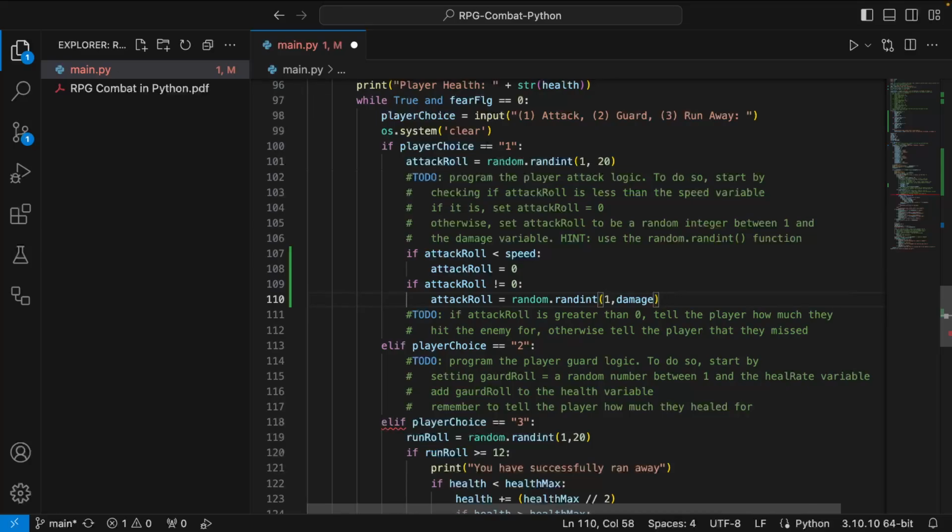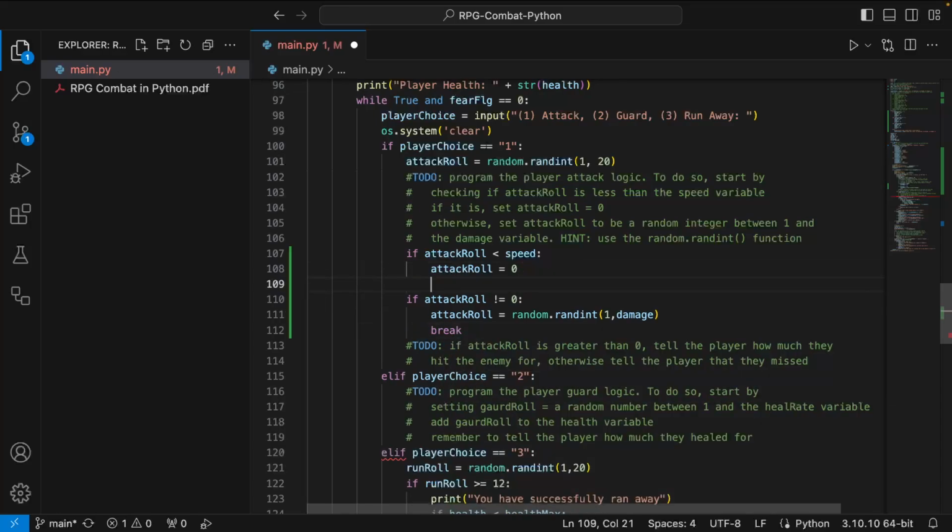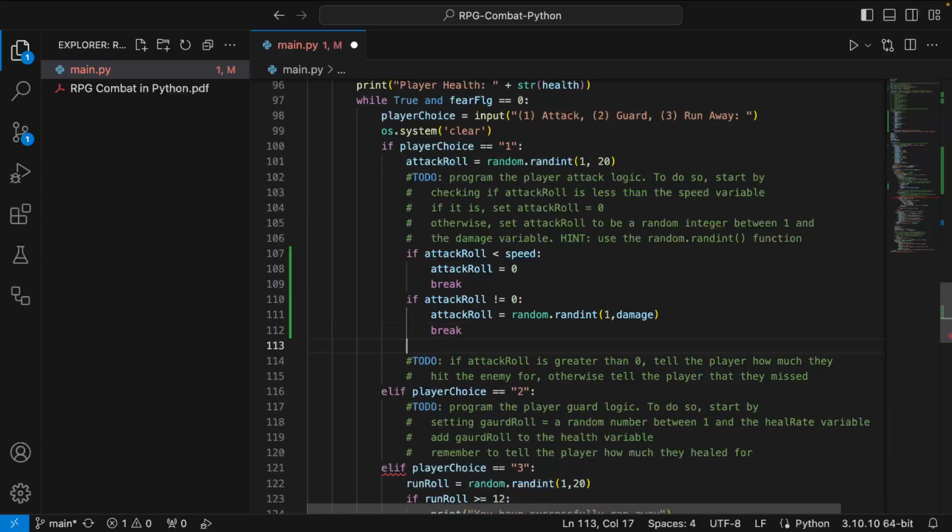Okay. Now this part's important. Am I still in the if statement? Yeah. Do I want to be? No, break. Right? So let's do that, and since I did this up here, I should do that too, since I didn't do an else statement. And now I need to go back out, right? So whatever, my attack roll is now holding how many points of damage I did.